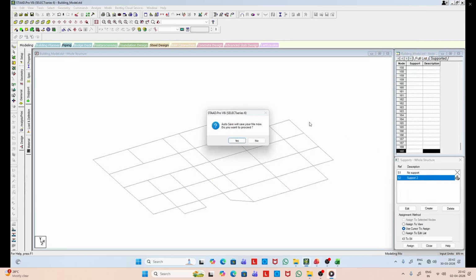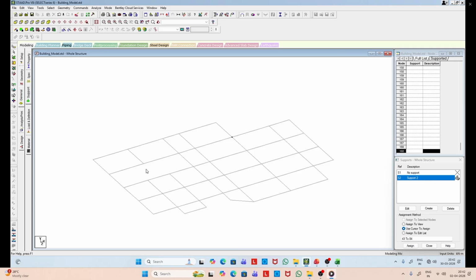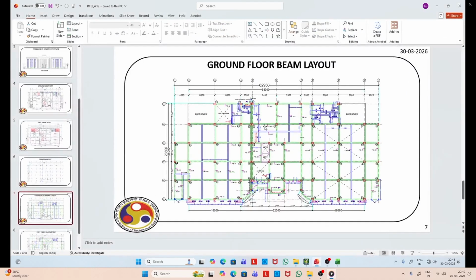So for that, here we'll extend that line. So let us first divide this beam to create a node at the middle so that we can extend the other line and create a beam which is landing over this beam marked red. It is here.